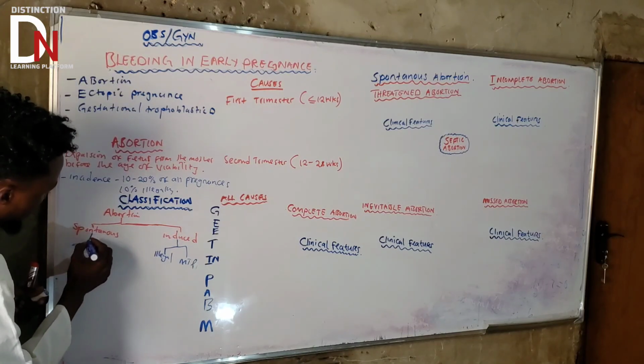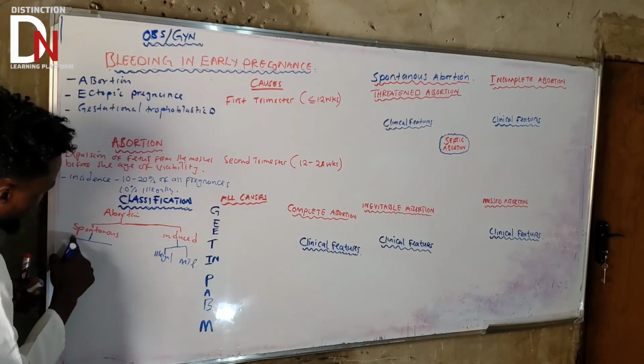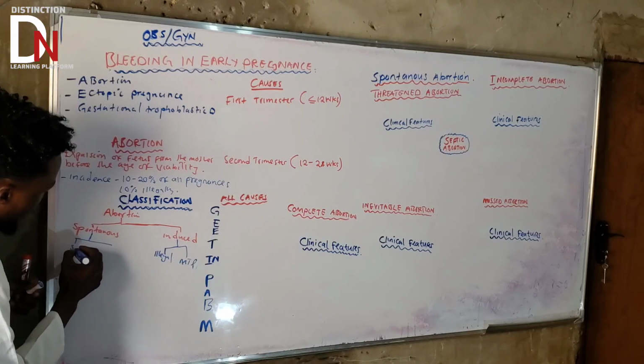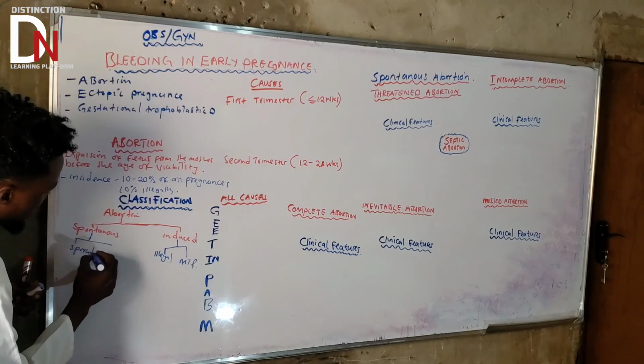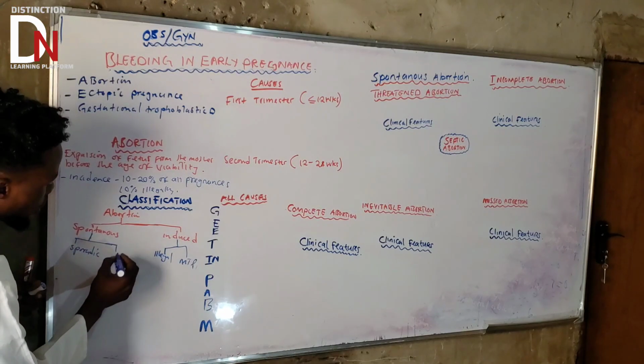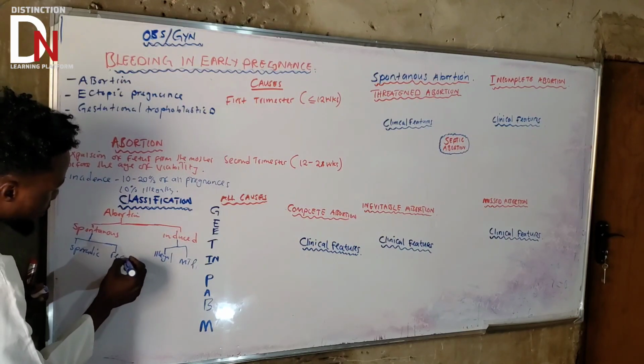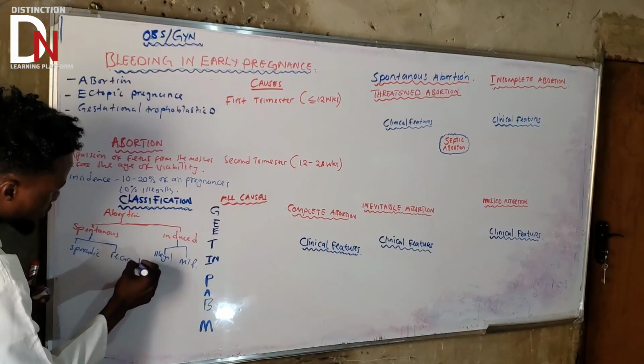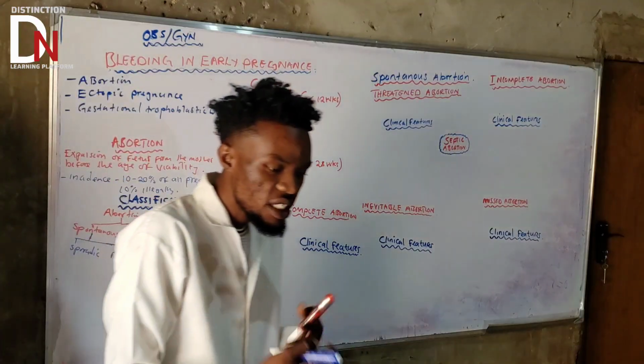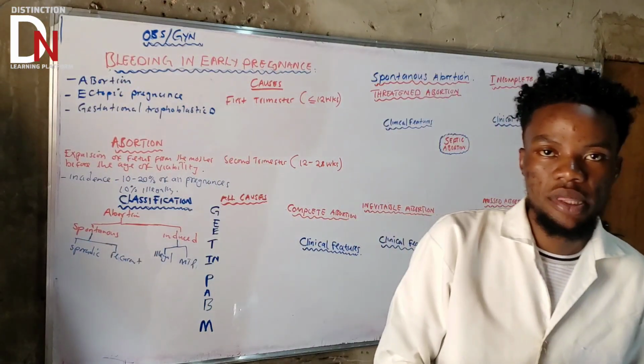Can be further categorized into two, okay? So we are saying, is it either sporadic, or maybe recurrent? So what do I mean about these two? You need to understand something. So is it sporadic or recurrent? So let's start with recurrent.